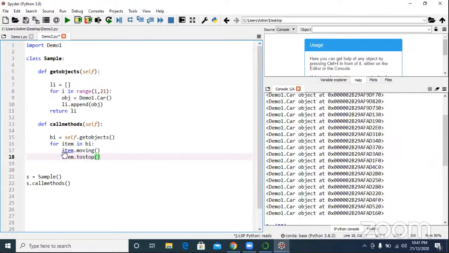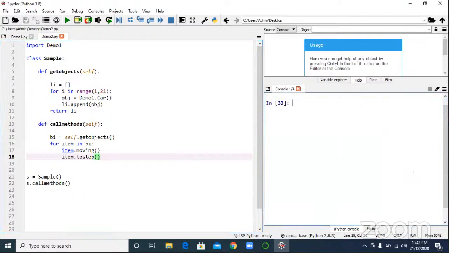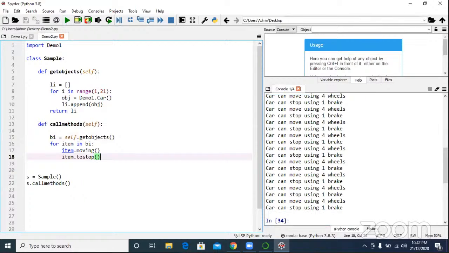So what is the output now? Car can move using 4 wheels. Car can stop using 1 brake. Yes or no? Yes.